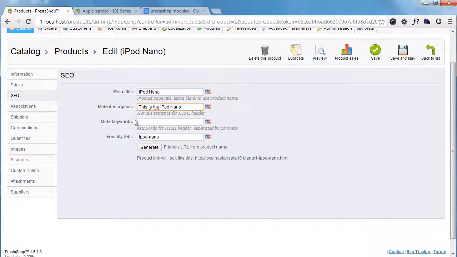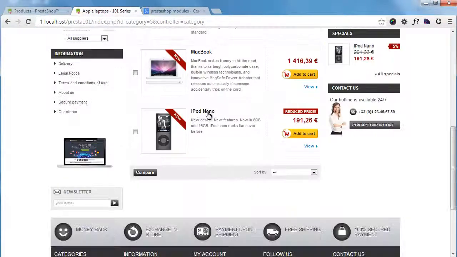Okay, you can leave meta keywords because Google just ignores them, and I think other search engines are on their way to this too. So you can leave this out. The last one is one of the most important ones, because it sets the look of the URL of the page of the product. So in this case it's iPod Nano, and if I go to the iPod Nano product,